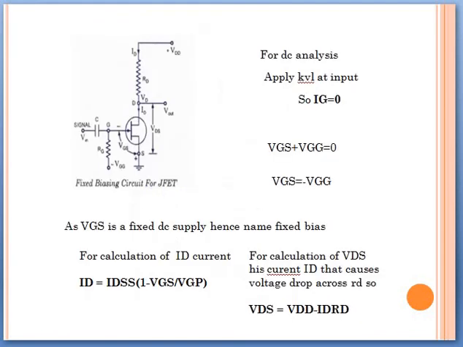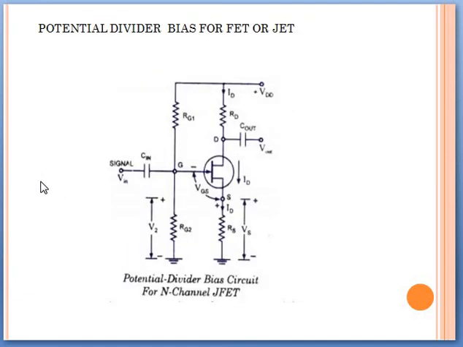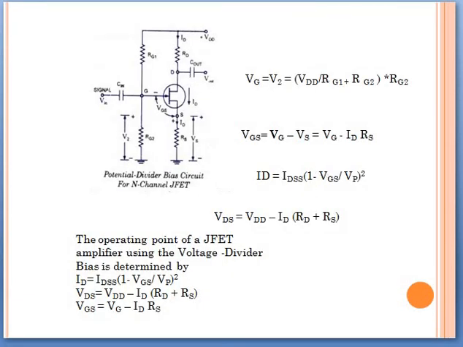In fixed biasing, the disadvantage is mainly that we have two sources. We created the self biasing circuit to reduce the number of sources, but then we have another disadvantage, that the RS value should be small. So to eliminate that disadvantage, we again created the potential divider circuit. In this potential divider circuit we have two extra resistors. That is the only disadvantage of the potential divider circuit.